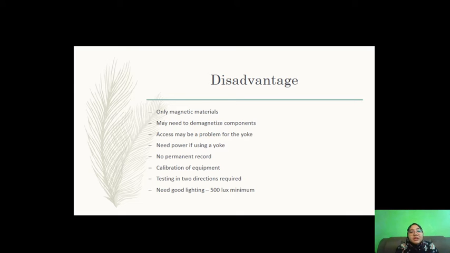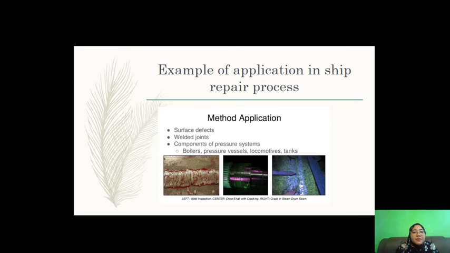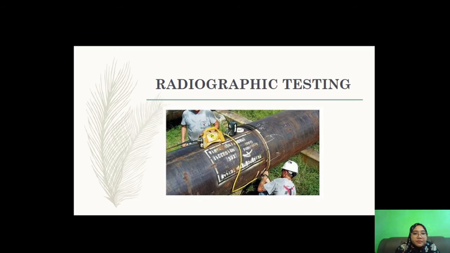Disadvantage is only magnetic materials can be tested, and you may need to demagnetize the component. Access may be a problem for the yoke. Need power if using a yoke. No permanent record. Examples of application in ship repair are surface defects and welded joints, and it can be used on components of pressure systems, boilers, pressure vessels, locomotives, and tanks. Third method